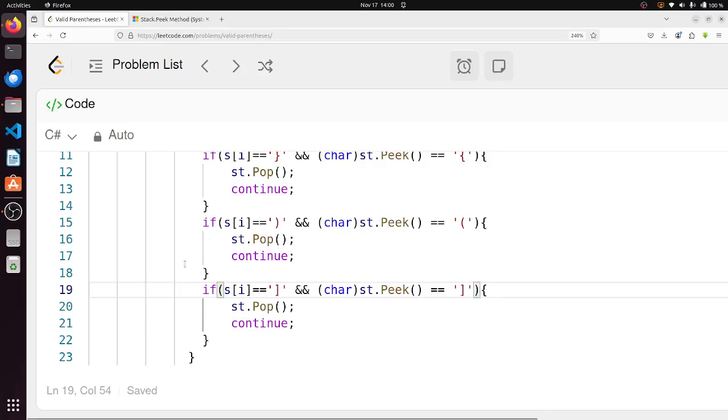So if in the previous iteration this guy was the one at the top of the stack, then I put close. I no longer want to deal with him again, so I'm going to remove him from the stack and not even push this guy. So in the case where now none of those are true,